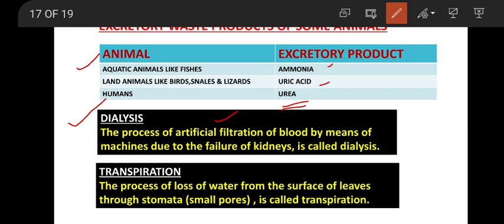So that process of artificially purifying the blood by certain machines in the hospital, due to the malfunctioning of our kidneys, as the kidneys are not able to function properly, this artificial method of filtering blood will be done by machines. We call that process kidney dialysis, or simply dialysis. If we don't want to suffer from this type of condition, make sure that at a young age, at childhood level, as you're growing, intake of water should also increase.